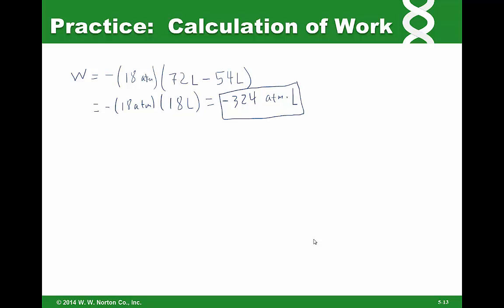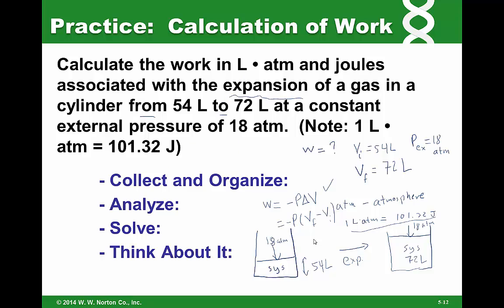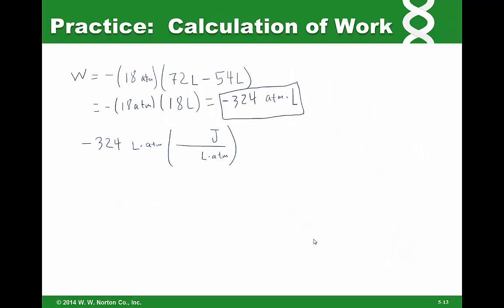Next, I need to calculate that same work in joules. I've got negative 324 atmosphere liters, or liter atmospheres. Here's my conversion factor, and I want to get the answer in joules, so I need liters times atmospheres to cancel out. Let's look at our conversion factor. What does it say? 1 liter atmosphere is equal to 101.32 joules. Very good. So next to the joule unit, I need to write 101.32 and 1 liter atmosphere. This tells me that I just need to multiply negative 324 by 101.32, and that gets me